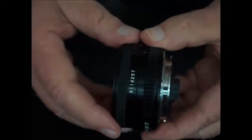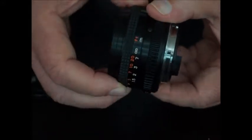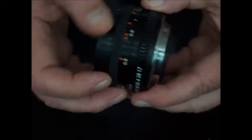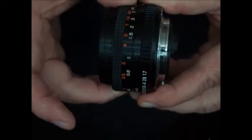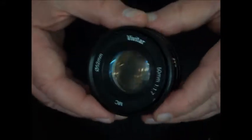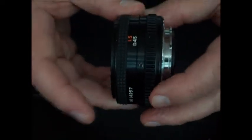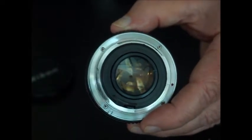It was common back in the 70s and 80s for manufacturers to farm out their manufacturing process. Even back then, they were all keen to cut costs, and I guess it's still true to say today that Korea is probably a cheaper place to get lenses manufactured than in Japan. Quite a weighty little lens. It's compact, and of course, although it was originally made in this case to fit onto Pentax K cameras,